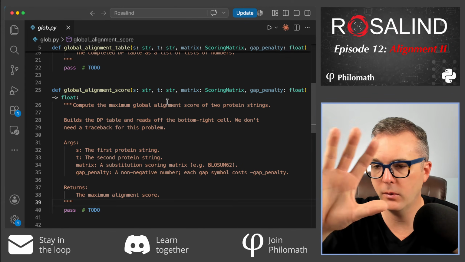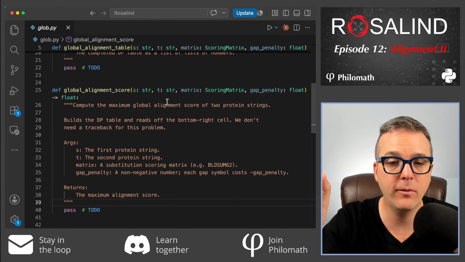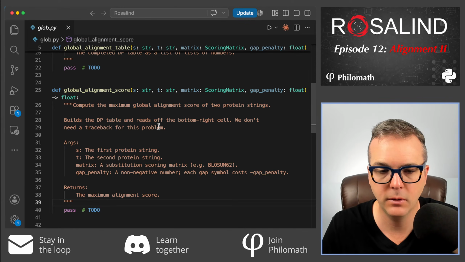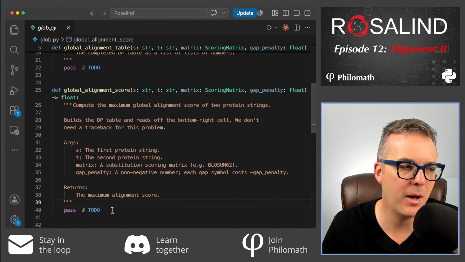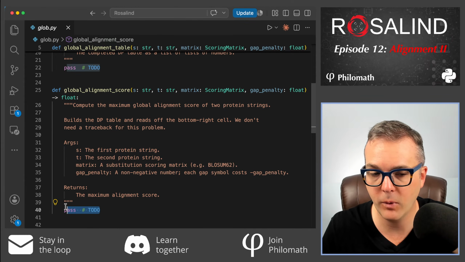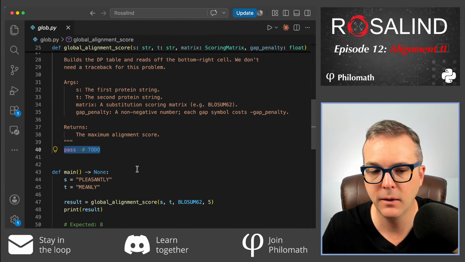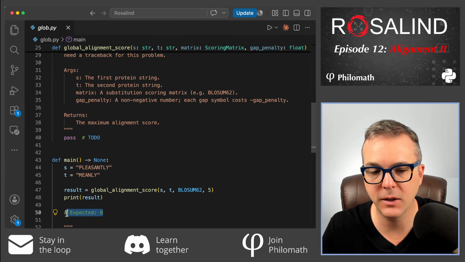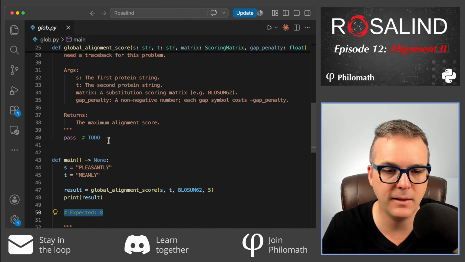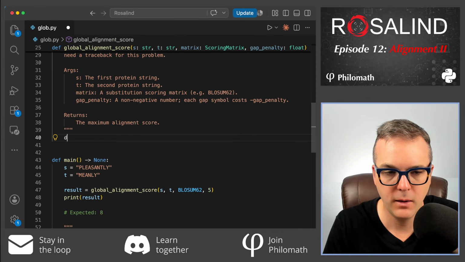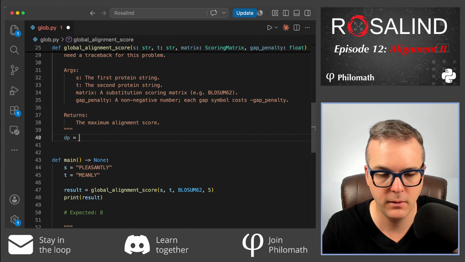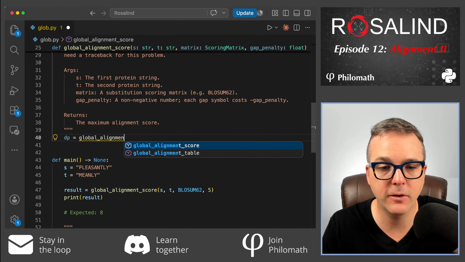So to range through row by row and set all of the values according to the recurrence relation. Once I have that, though, I'm really only interested in the bottom right value. That's what's going to solve the question as asked. So for this particular example, we want to give this value of 8. And if that's the case, well, I'm going to create the entire table